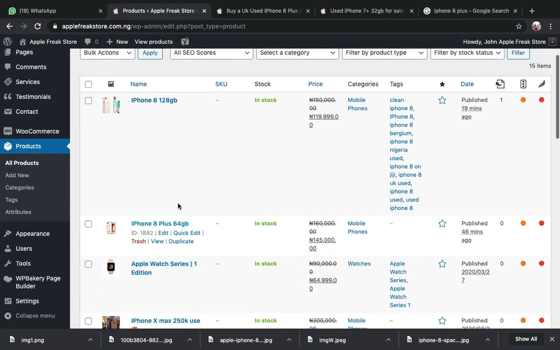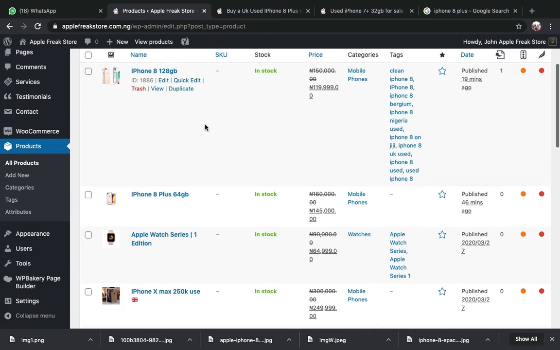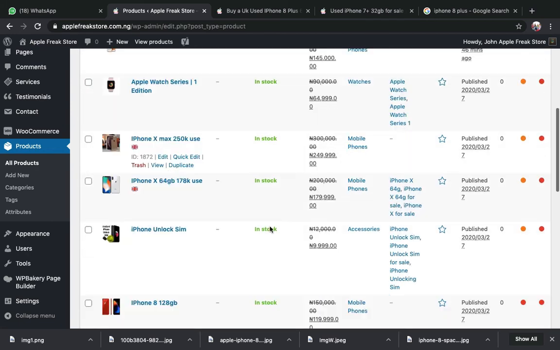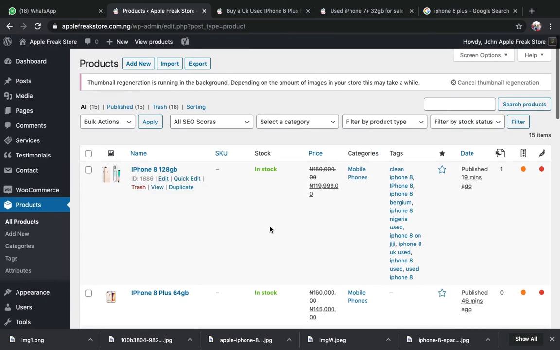I've already showed you how to edit the product, and all these products here are showing in stock, in stock, in stock, because they're all in stock. Now, in case you want to set a stock limit for any product that you're selling, I didn't show you that, but I just remember that it's necessary I should be showing you that. In case you want to edit any stock quantity next to any product here,